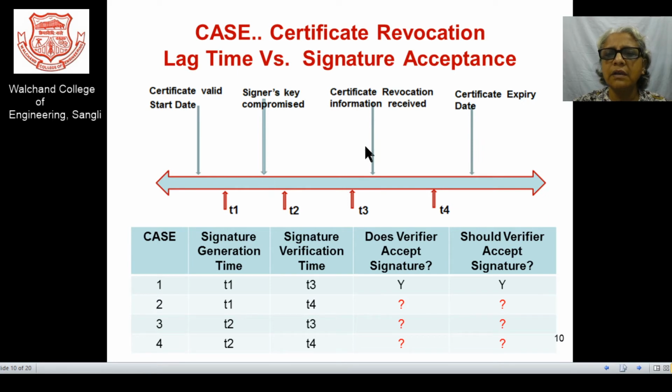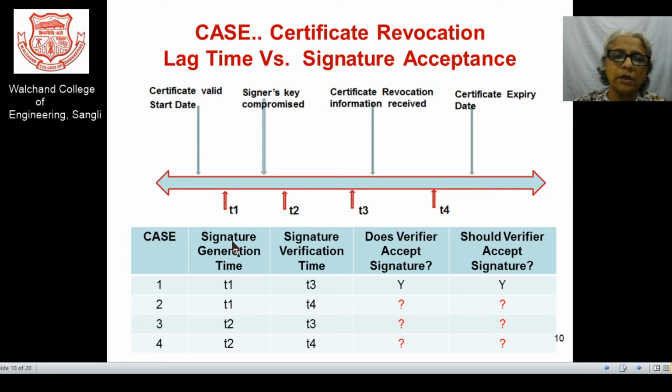Now there is another time, when the certificate revocation information is received and after that the revocation is carried out. By this time there are a few instances. Let me check out a few of the cases. This case has a few sub cases, and for those sub cases I want to answer some questions. That is the tutorial we want to discuss right now.